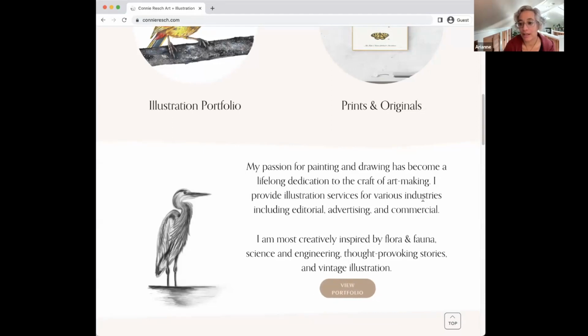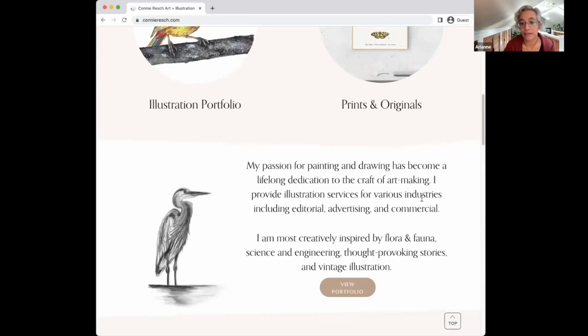But I kind of think of that like the wholesale relationship. Wholesalers know to go down to the footer and figure out how to buy your products, and editors know how to go to the about page or the portfolio and figure out how to hire you for their work. So really, most artists and illustrators that end up hiring us tend to be focusing on their shop, because most of the people who come to your site aren't going to be in a position to hire you. They're going to want to buy your prints. And so we tend to lean the site that way and let other people find the other things that you do.